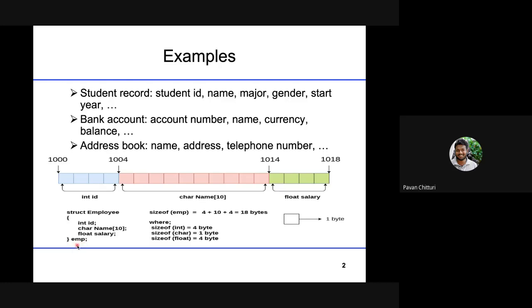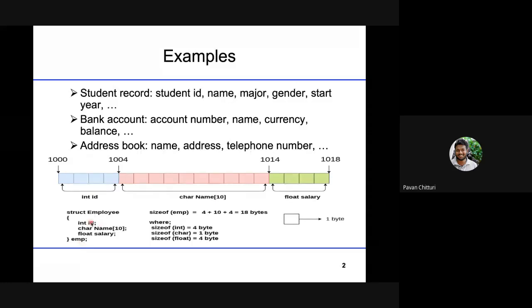So can anybody tell me what this EMP is now? Employee. It's a structure variable. Employee, it is correct. It is a structure variable for the structure we have created, employee. So we have created a structure called employee, and that has a variable EMP, which means this EMP has three different values: ID, name, salary.